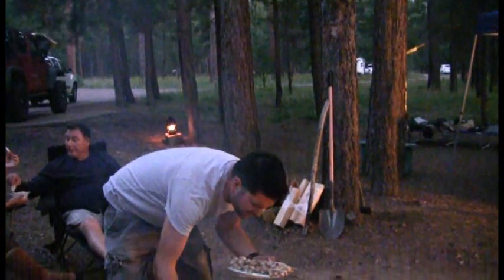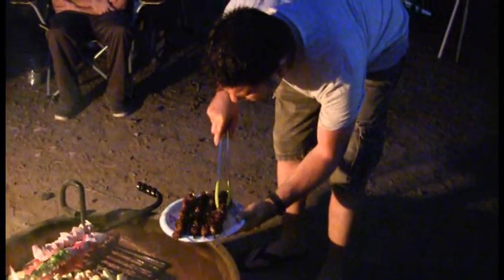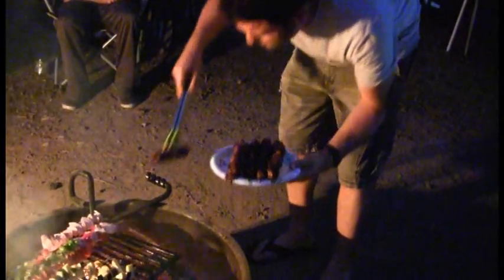Ooh, gosh, it's smoky. I'll make some soon for you. The beef smells yumsters. This is the orange teriyaki. Oh my